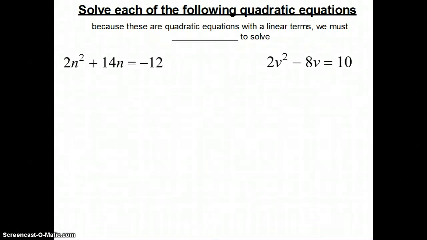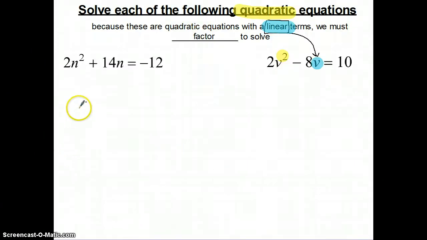Now we're going to go into solving quadratic equations. These are quadratic equations with linear terms, and that term linear is referring to a variable that has an exponent of 1. So they're quadratic equations because they have exponents of 2 on the variables, and the linear term of the quadratic is the term that has an exponent of 1. Since they have both the squared term and the term that's being raised to the first power, we must factor